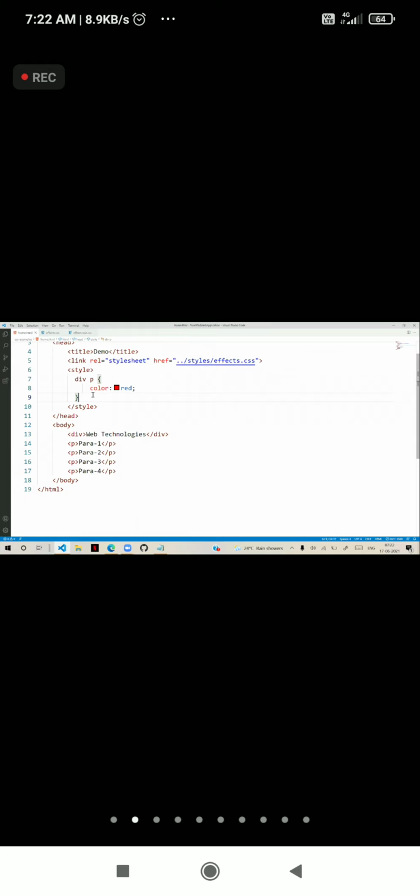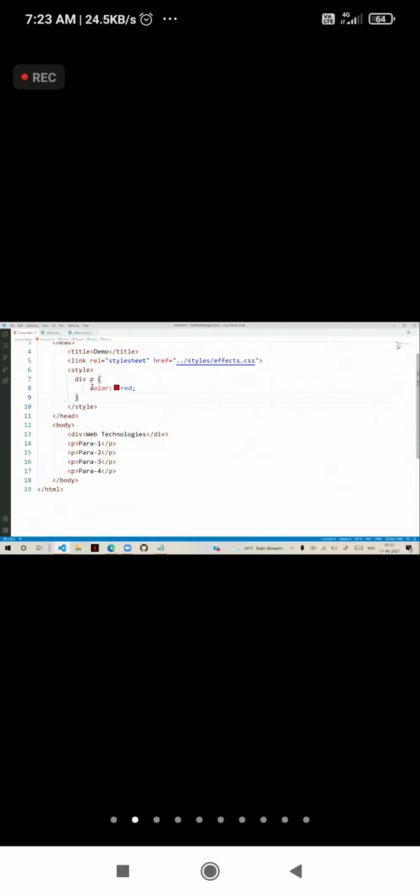After the div. In that case, for siblings, it will not apply to any of them. For siblings, we have one, which is plus. It will apply to the immediate adjacent paragraph.